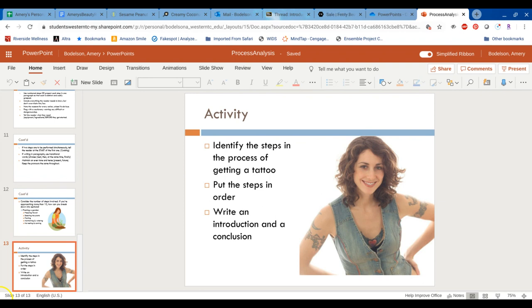So that is a little bit about process analysis, which is the first essay you'll be writing on. Do note that you have a couple of specific topics that I'm asking you to stick to for this first one. You'll have more leniency in future essays, but I'd like you to stick to these for the